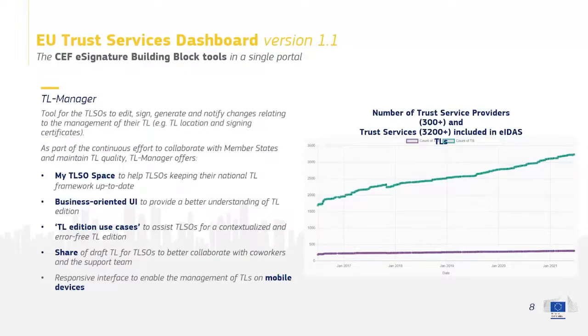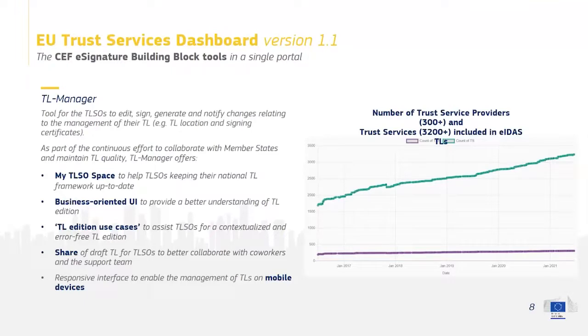For example, if I want to withdraw a trust service, I click on I want to withdraw the trust service, and I only provide the sufficient information to update this trust list with this use case. And so we will see that in a minute, but now in a few clicks, you can update your trusted list without necessarily all the technical knowledge of the trusted